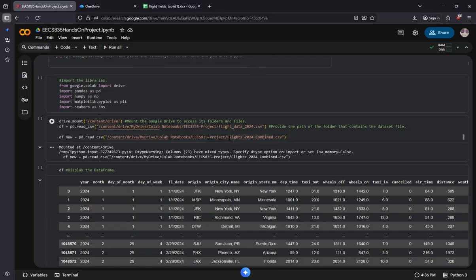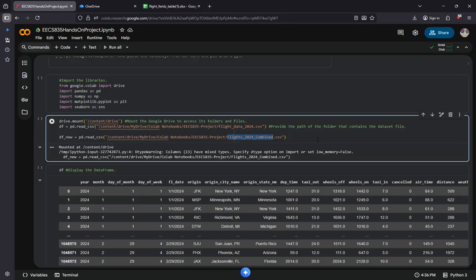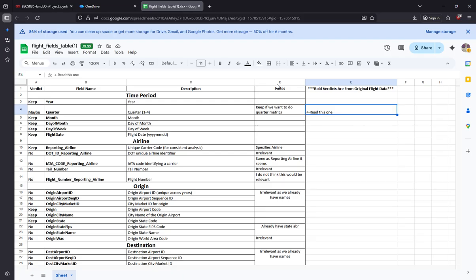Kevin put together the combined flight data spreadsheet based on the government websites. I'm blanking on the name. But basically, it contains all of the flight data for 2024 and a ton of extra features and columns that we can look at. And in case you're not aware, if you're curious about what any of those fields mean,